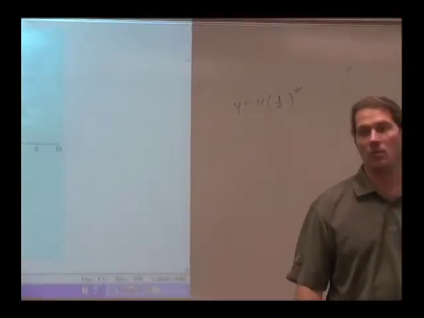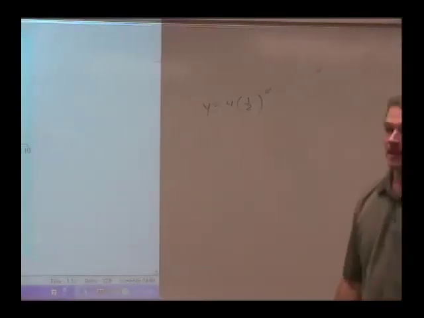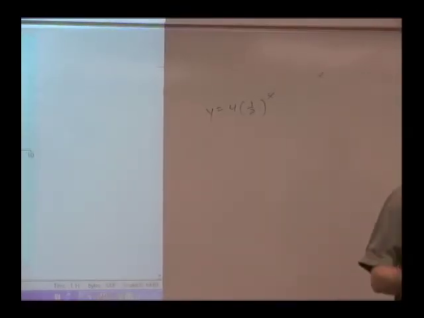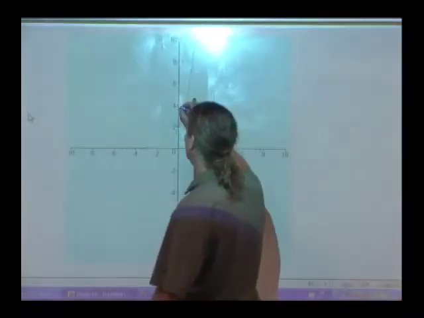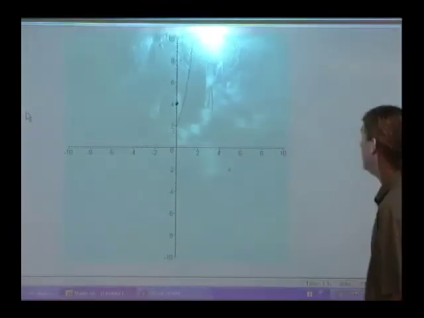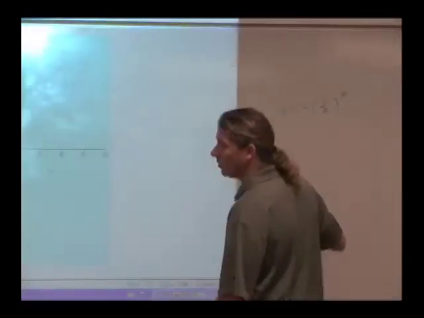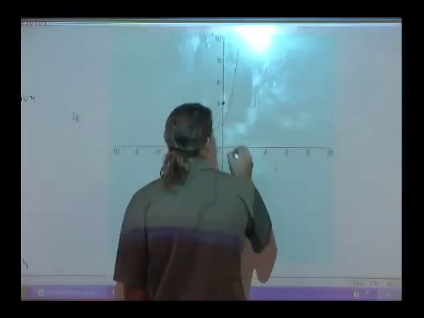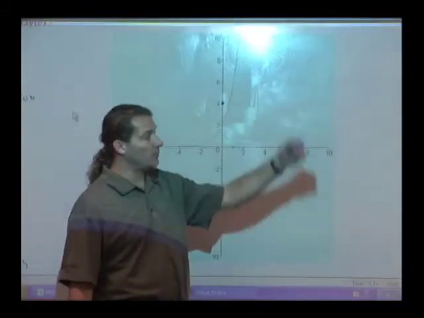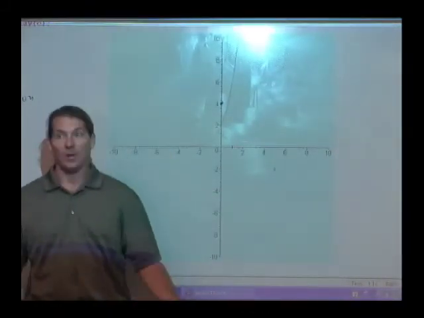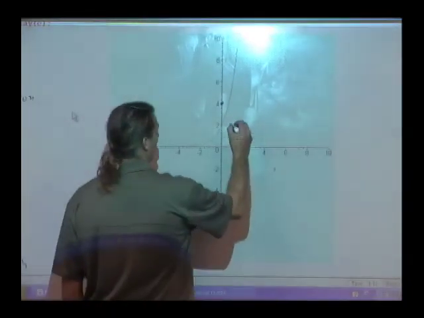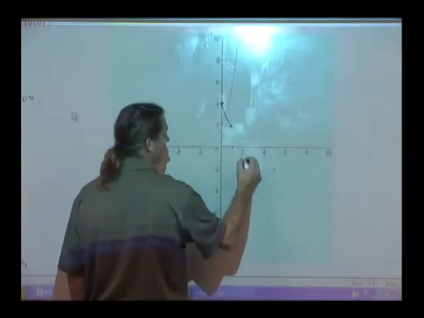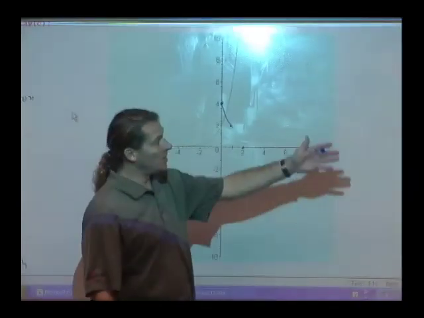Now the 4 is going to be what? What do you call the 4 in this case? That's your initial value. The number in front of an exponential equation is always considered to be the initial value. That's your y-intercept, if you will. It's going to start at 4, and it's going to decay at the rate of 1/2. So at 1, just for fun, what is 1/2 to the first power? It's 1/2. What's 1/2 times 4? 2. So at 1, it's 2. That makes sense. And let's go ahead and put 2 in there. What is 1/2 to the second